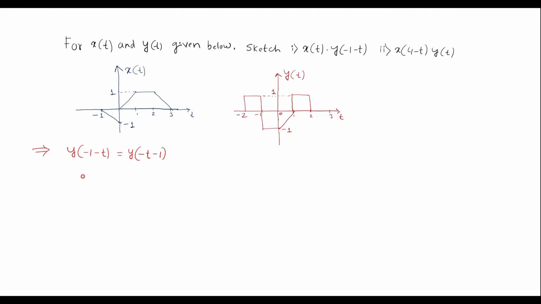First we'll draw the intermediate signal shifting operation, that is v of t is equal to y of t minus 1. So y of t minus 1 is same as y of t shifted by 1 unit towards right. So I'll draw v of t now. I will shift this signal towards right by 1 position, so that the signal which exists between minus 2 to minus 1 will appear between minus 1 to 0. Then the signal which appears between minus 1 to 0 will appear between 0 to 1.